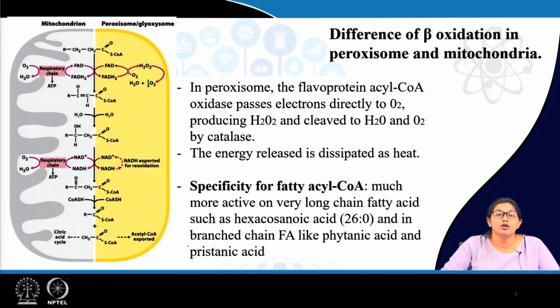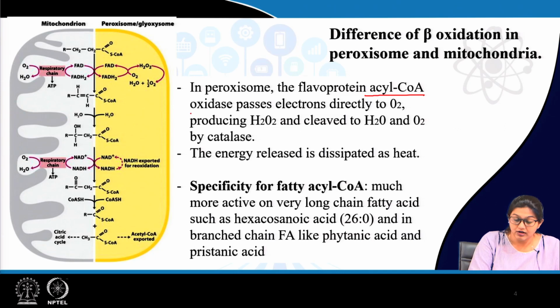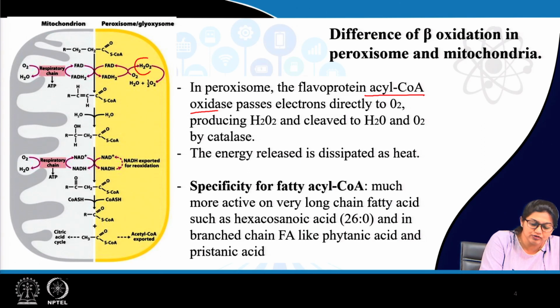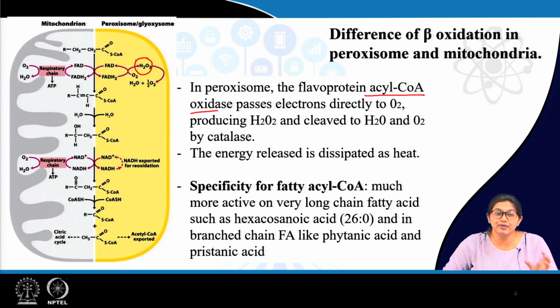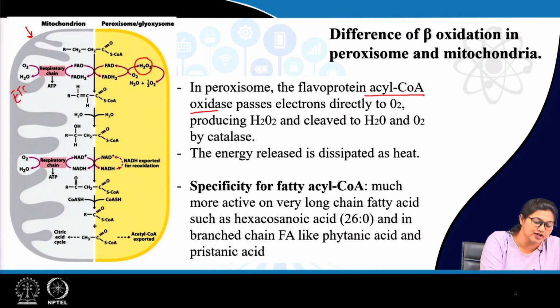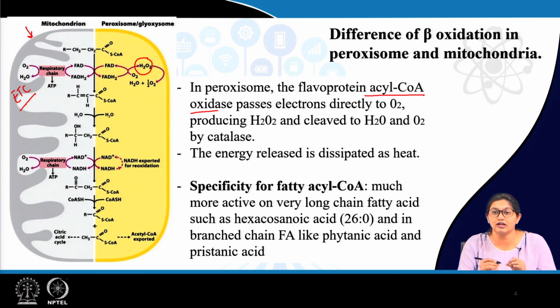The difference lies in 2 specific conditions, and those conditions are related to the first step only. In the first step, the enzyme is a flavoprotein dependent oxidase in peroxisomal oxidation, and that flavoprotein dependent acyl coenzyme oxidase transfers the electron directly to oxygen, forming hydrogen peroxide. Now, this is our beta oxidation shown here. If you remember, the electron through the flavoproteins in beta oxidation is transferred to electron transferring flavoprotein, which carries the electron to the mitochondrial electron transport chain. But in peroxisomal oxidation, these electrons do not enter